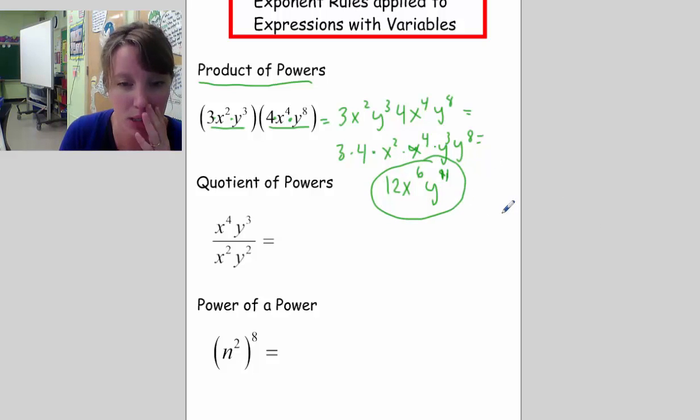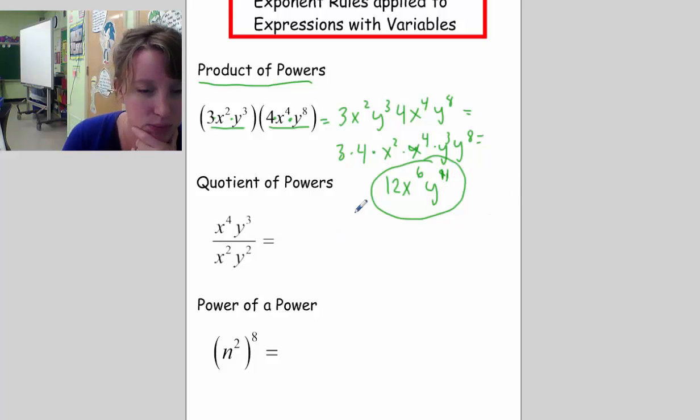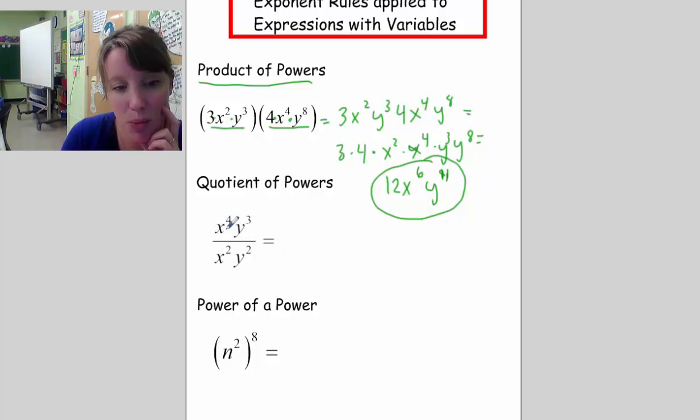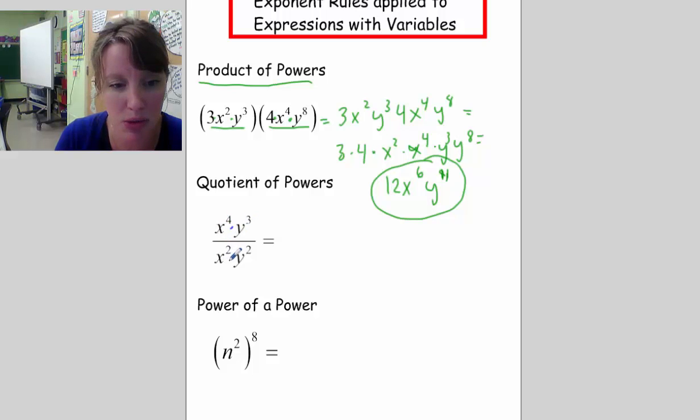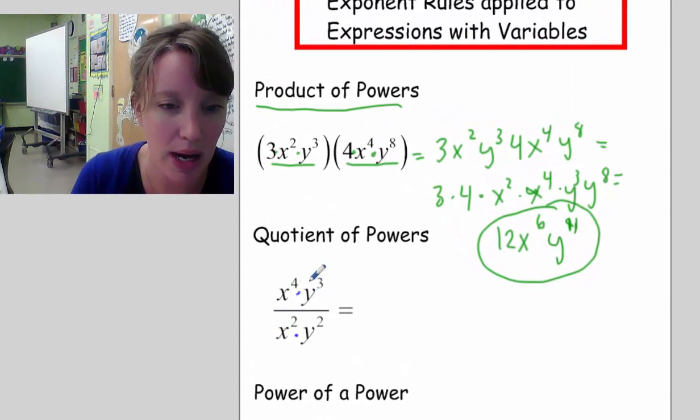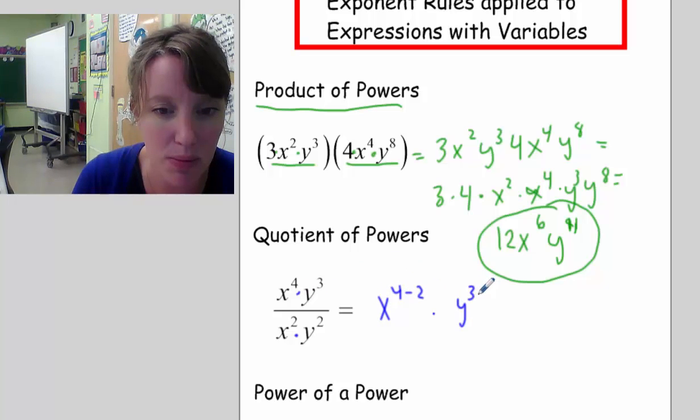And that's it. Okay, so it's 12x to the 6th power, y to the 11th power. The quotient of powers says that here I have a monomial on top and a monomial on bottom. And if this is the case, what I can do is think about these bases by themselves. If there's multiplication in between them, then I can think of just the x bases, and then the y bases. So this would just be x to the 4 minus 2 times y to the 3 minus 2,